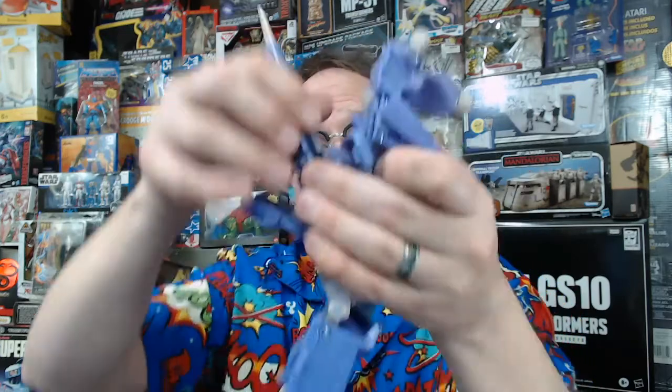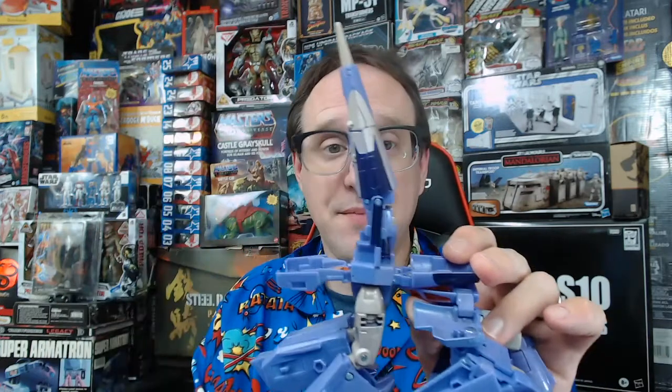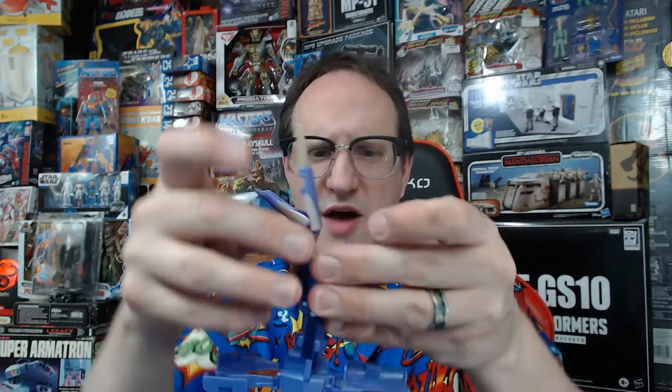All right, so we're going to open up the chest panel. We're going to open up the back panel. We're going to open up the end here, and we're going to open up that and there. I mean, everything opens up. It's crazy. It's sort of like Cyclonus just exploded into nose cone parts, and now everything. This is the best demonstration of mass shifting demonstrated in a toy, because now this little tip of nose cone